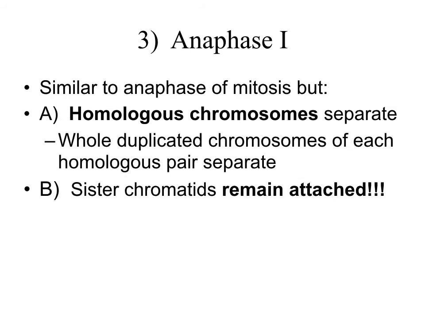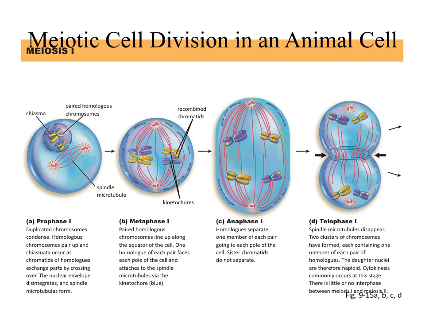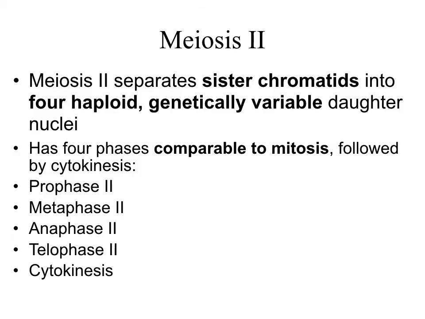Let's take a look at what's occurring here. First of all, in metaphase 1, take a look. Do you see the difference of what's happening in metaphase 1 than what happened in just metaphase of mitosis? Instead of a single file of duplicated chromosomes, we have homologous chromosomes lining up. But there's also the phenomenon in metaphase 1 called